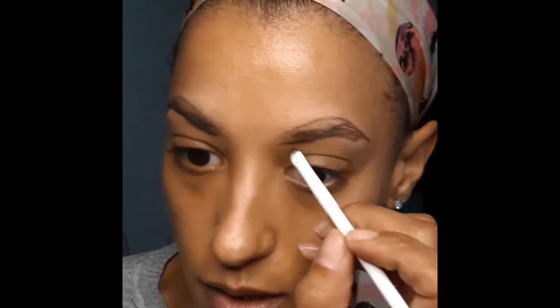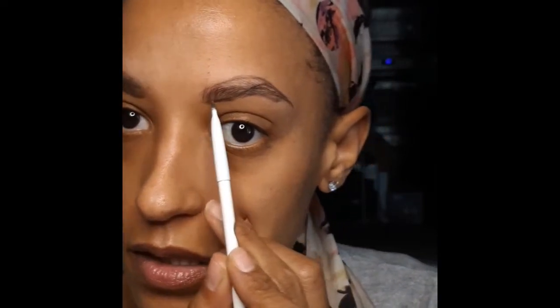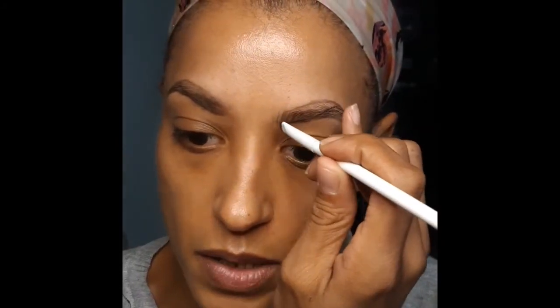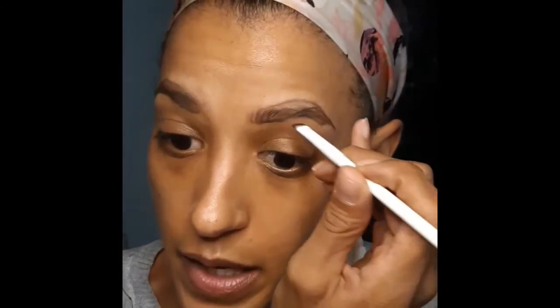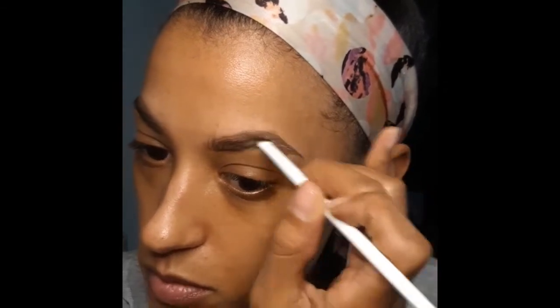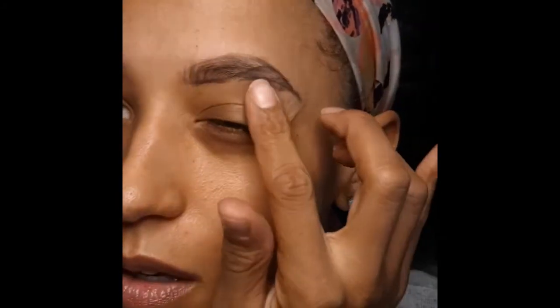I match it as best I can, and then I'm going to pull the product from this line and pull it up. Sometimes people will actually do this and make fake brow hairs, and it actually comes out looking really good. I can't wait to go to makeup school and learn some new techniques, because self-taught is cool and all, but sometimes you need a professional